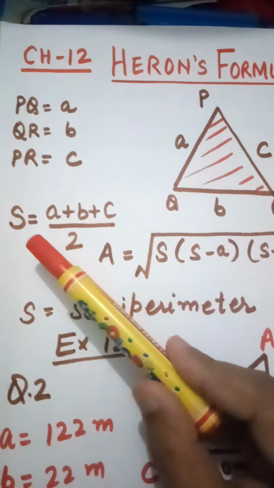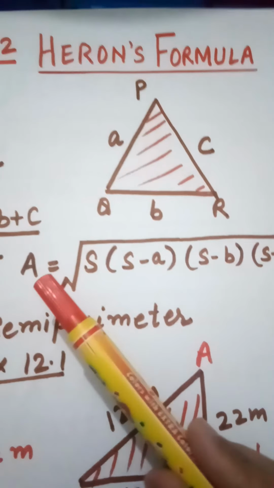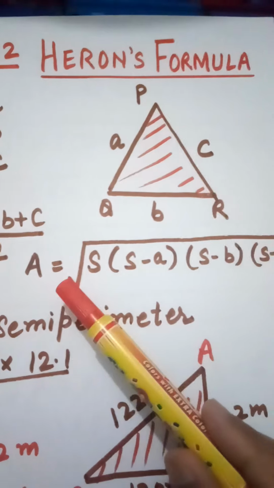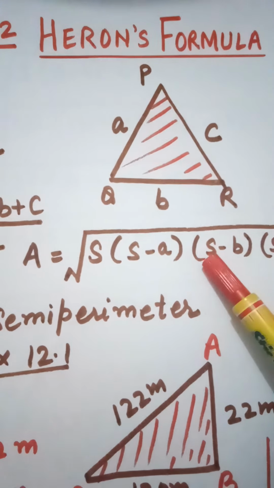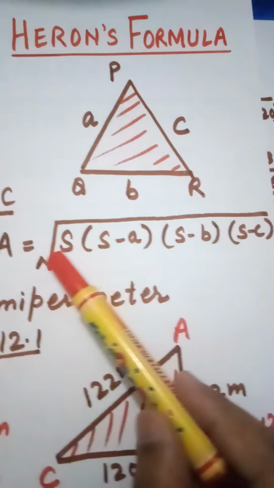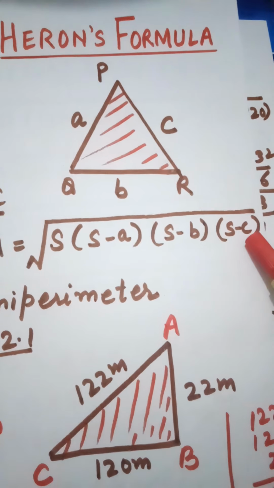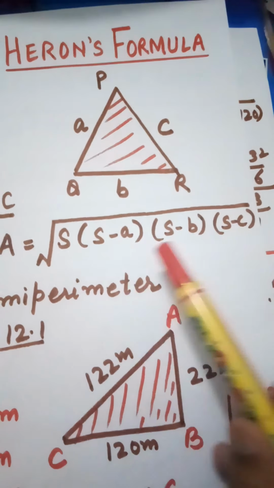Now after that we are going to write Heron's formula using this notation. Area A, which stands for the area of the triangle, is equal to the square root of S into (S minus a) into (S minus b) into (S minus c). They are all multiplied, but in the brackets you can see a minus sign. So the brackets are to be solved first, then multiplied, and then a square root taken. This gives us the formula for the area of the triangle.